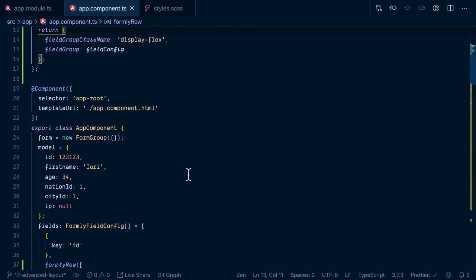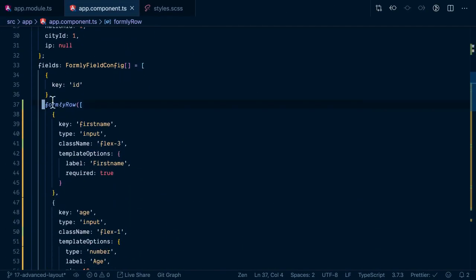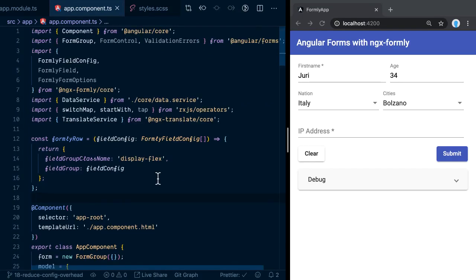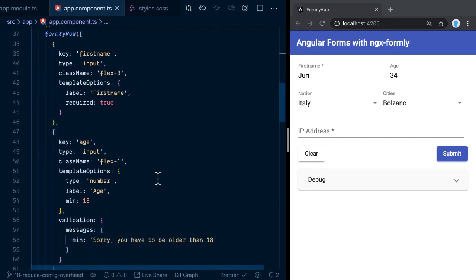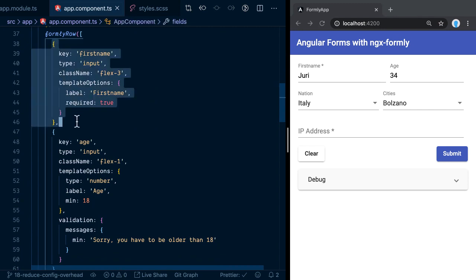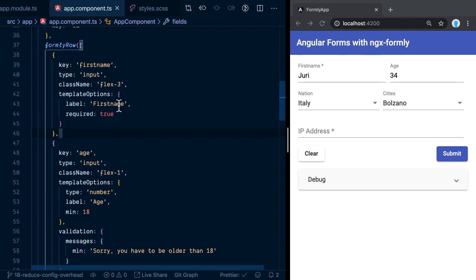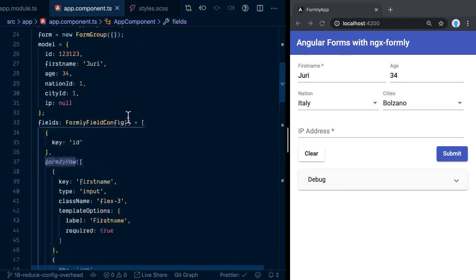And you can see, however, how we basically reduce the amount of configuration we have to write. So when writing such a formly form, it can get quite huge, especially if you have a larger form, because there's a lot of details to write out and a lot of configurations and indentation that might also get a bit hard to read. Now, in some of our previous videos, we have already started to factor out some of